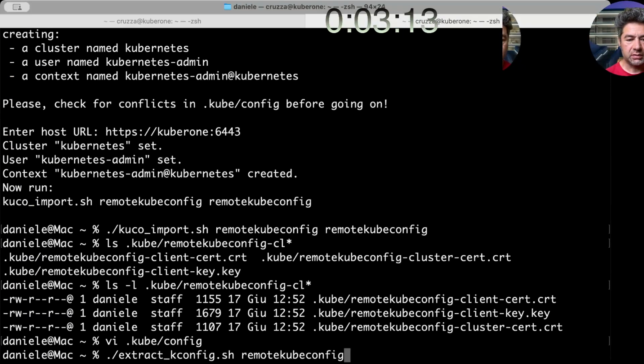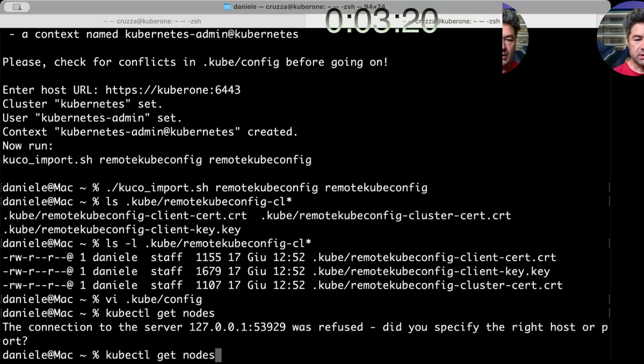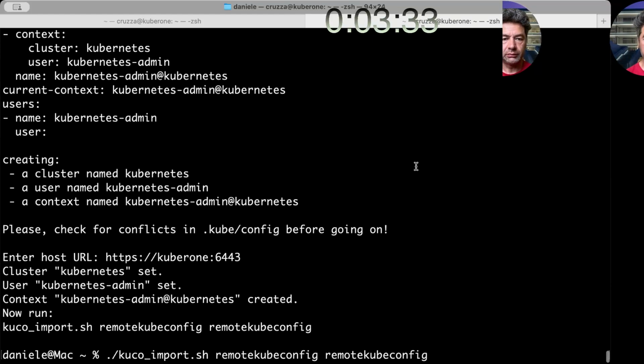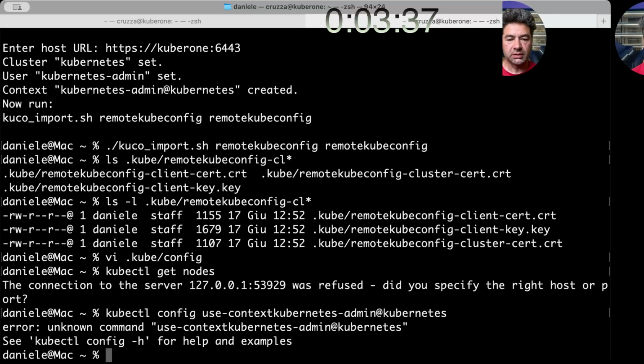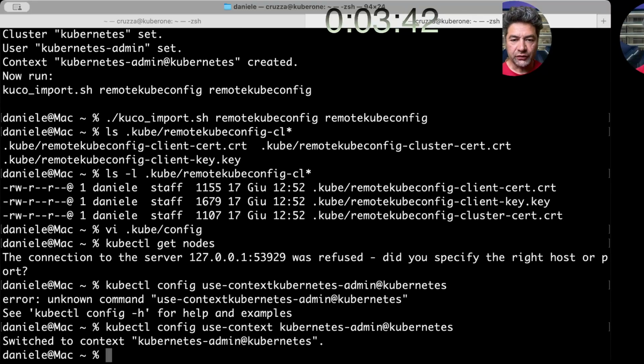And then now I can do get nodes. config set use-context, this context with a space, focus, and then I can do get nodes,